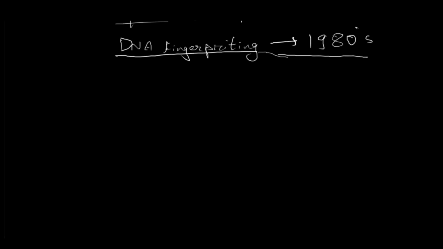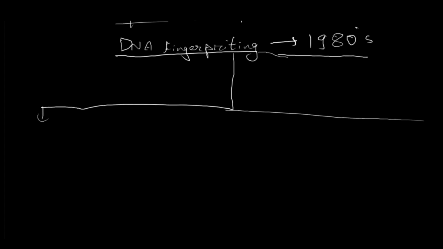The idea behind how it was possible back then requires you to understand a few separate techniques first, and when you put them all together, you have this really ingenious way of profiling someone based on their DNA. I'm going to split it into a few parts. Part one is a technique that allows us to chop up DNA molecules